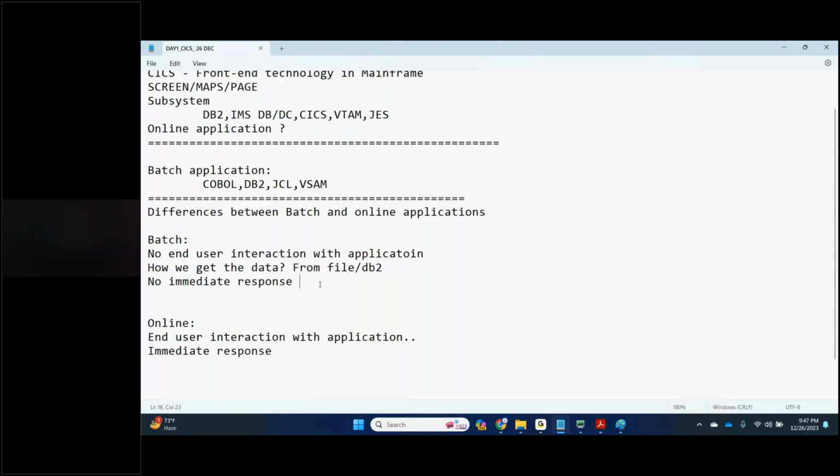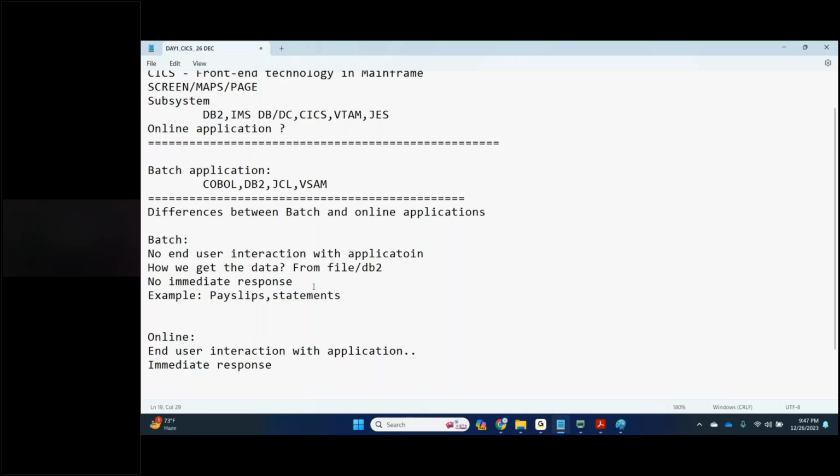So there is no immediate response in a batch application, whereas there is an immediate response in an online application. The next examples for batch are pay slips and statements.